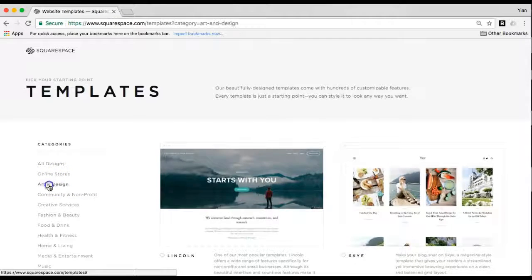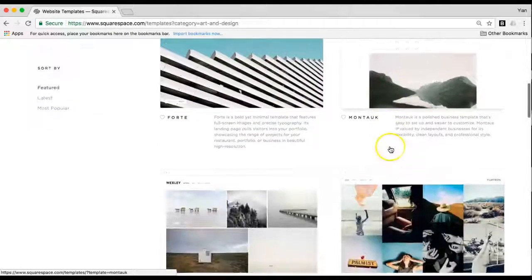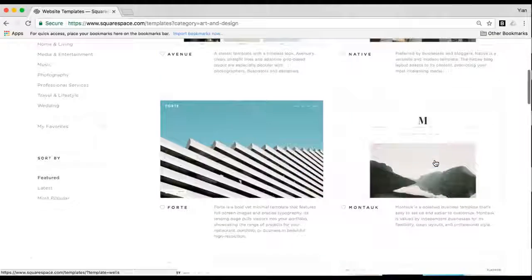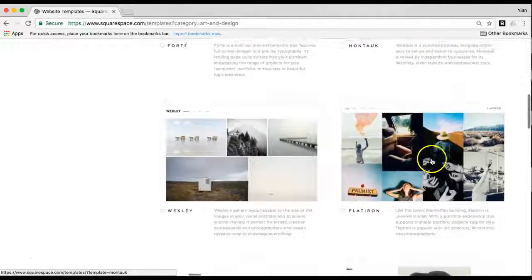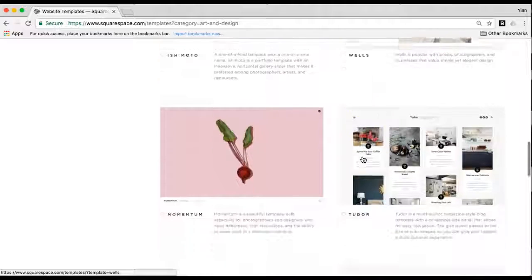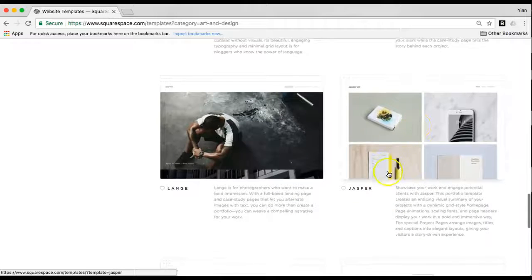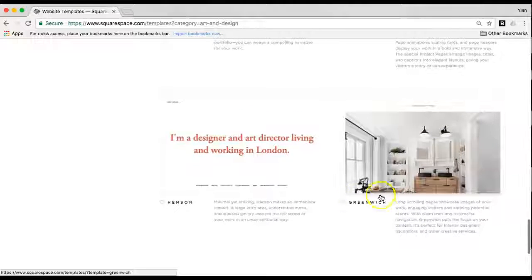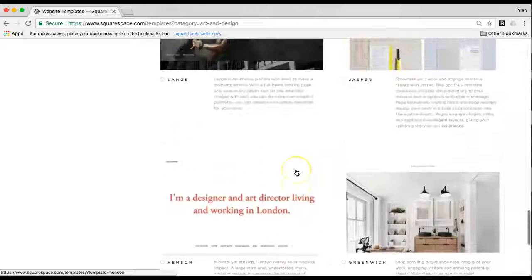The first type of template is one that is really designed for a portfolio style website. So if I go to art and design, we see Avenue, Montauk, Flatiron. I'm pointing out the ones that kind of work well for interior design: Avenue, Montauk, Flatiron, York, and I would say Henson. Henson can work well as well, and Greenwich. Oh, Greenwich I'm not going to include in this category